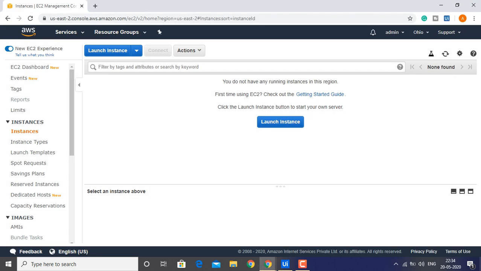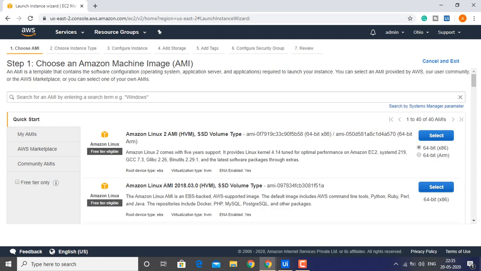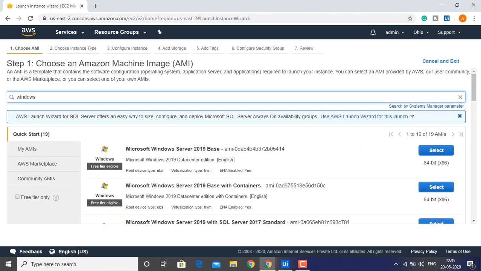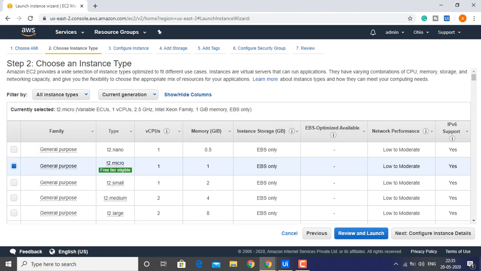This is my AWS account, where we can launch the instances manually by using the launch option. In the manual way we click launch instance, then provide the instance name, and after that we configure the instance type, add storage, tags and security groups.